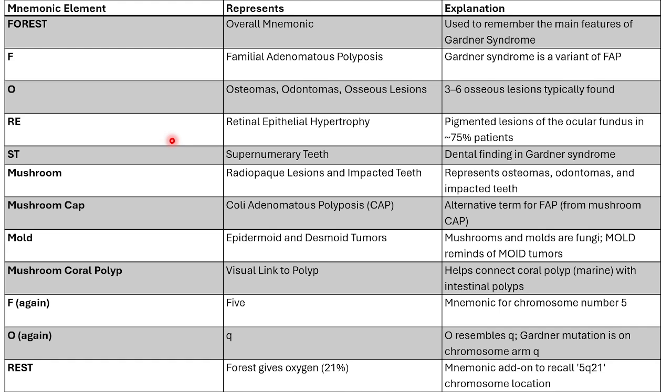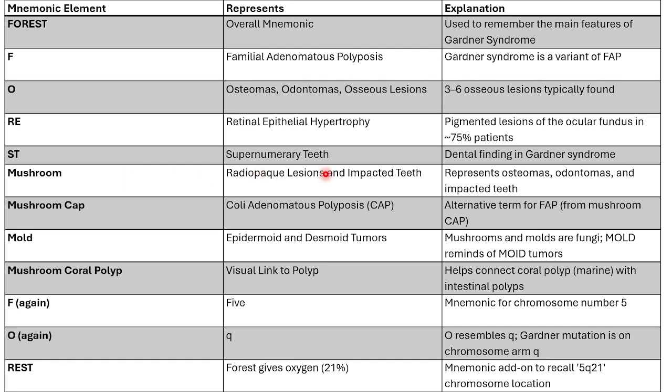So before I end the video, like for other videos, I have a summing up table. Our overall mnemonic was forest and mushroom, in which the F stands for Familial Adenomatous Polyposis, O stands for Osteomas, Odontomas and osseous lesions. The RE stands for Retinal Epithelial Hypertrophy, or CHRPE. The ST stands for Supernumerary teeth, and in the figure we saw those white mushrooms,